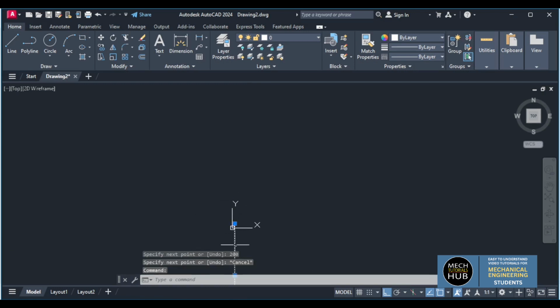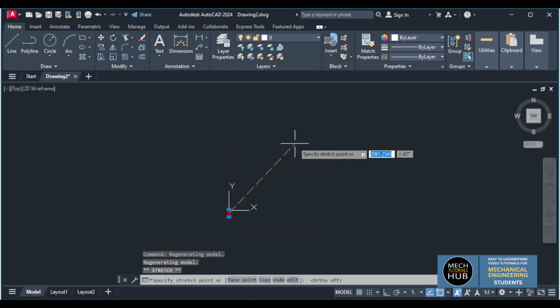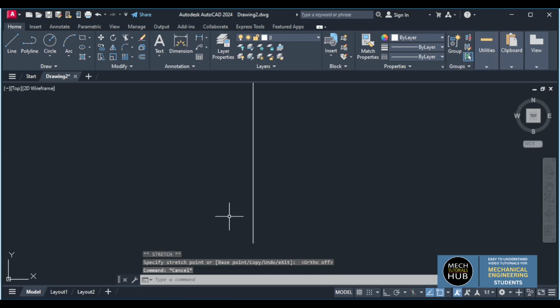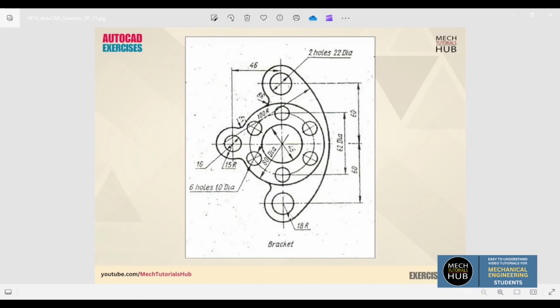Now this 200 mm, by keeping effect off, I'll bring it somewhere here. Now this is the axis line. Now once you fix the axis line, the upcoming sketches, whatever you are going to draw, will fit to the screen appropriately. So means here, if you look at, I am going to start with a central circle of